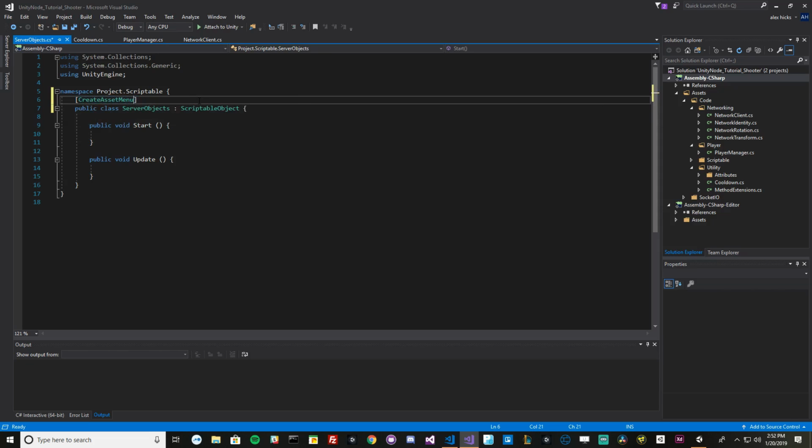So the create asset menu requires a file name, and we're going to call this Server_Objects. When you create the object and it gives you that default name like MonoBehaviour.cs, we're going to call it ServerObjects. You can call it whatever you want, but for this one, we're going to call it ServerObjects. It requires the menu name, and the menu name is going to be ScriptableObjects